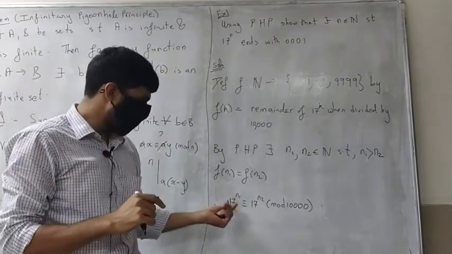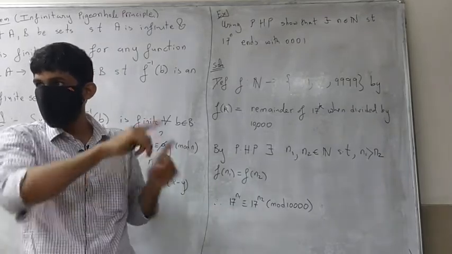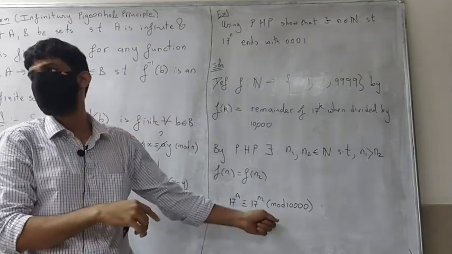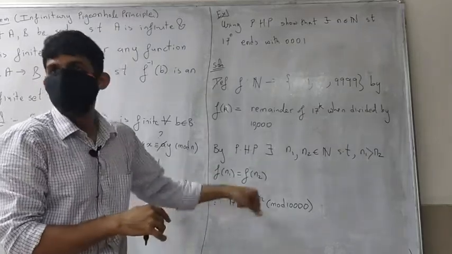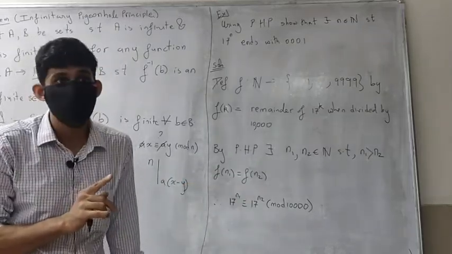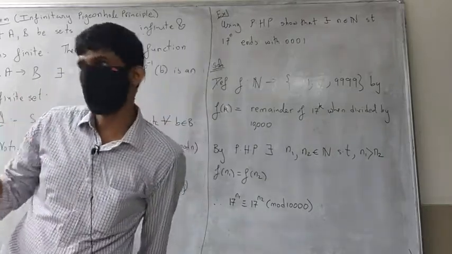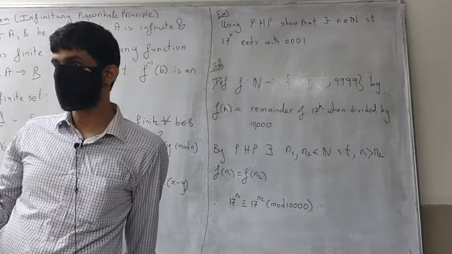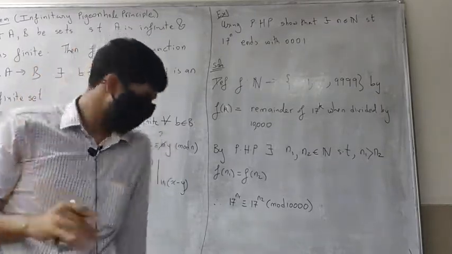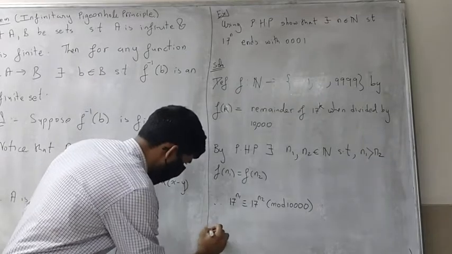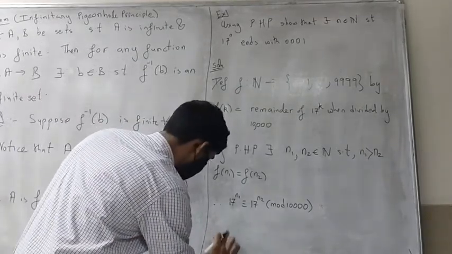Okay. So here, when can I cancel? There are extra 17s on one side, right? Here there are more 17s than here. 17 raised to n1 on one side, 17 raised to n2 on the other. When will I be able to cancel out the 17s on both sides? If the GCD of 17 and 10,000 is 1. We know that the GCD of 17 and 10,000 is 1, right? You all should try it, if you can't do it by the Euclidean algorithm.